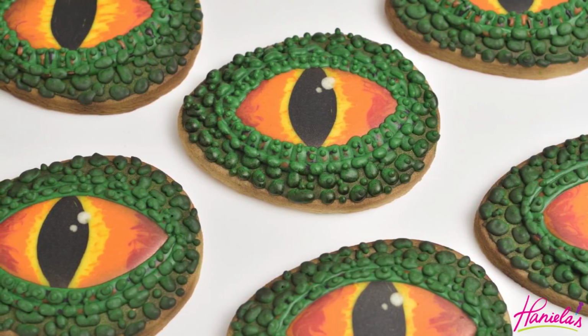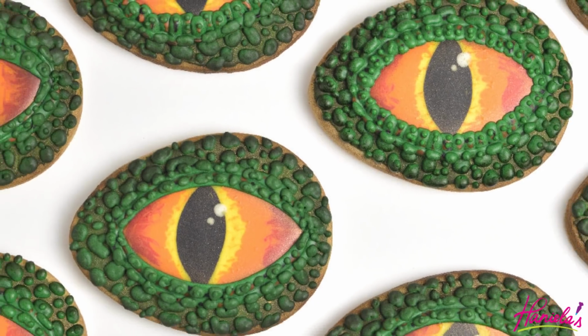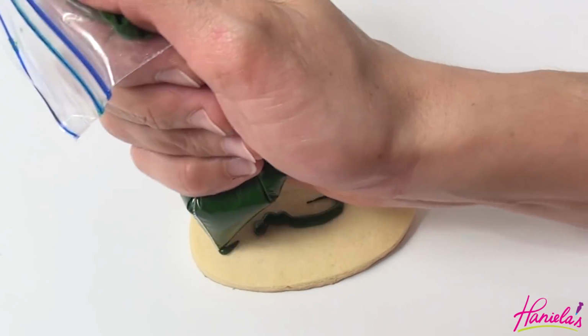Jurassic World Fallen Kingdom is coming out tomorrow, and to celebrate we're going to make Dinosaur Eye Cookies. So let's get started. I am using an egg shape for the base, and first we're going to spread a